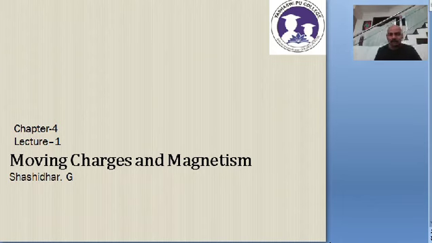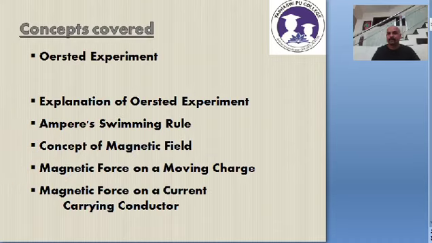In this lecture we will learn about the Oersted experiment, the experiment which tells about the magnetic field, and the explanation of the Oersted experiment and Ampere's swimming rule, which tells about the direction of the magnetic field. We will also learn the concept of magnetic field, magnetic force on a charge moving in a magnetic field, and also magnetic force on a current carrying conductor. So these are the concepts to be learned today. We'll move on to this